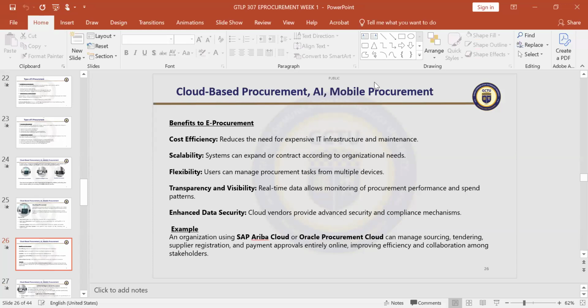Right? So are we okay with the real time kind of things? Yes, sir. Okay, so transparency and visibility. Real time allows monitoring of procurement performance and spend patterns. So why are we saying that it enhances transparency and visibility? Because the real time data allows real time monitoring. Who can tell me why? Because we've had an explanation of what real time is all about. So let's transpose it onto our e-procurement system, cloud-based. Everything is happening real time. We can have transparency in it. It can bring about visibility. How?